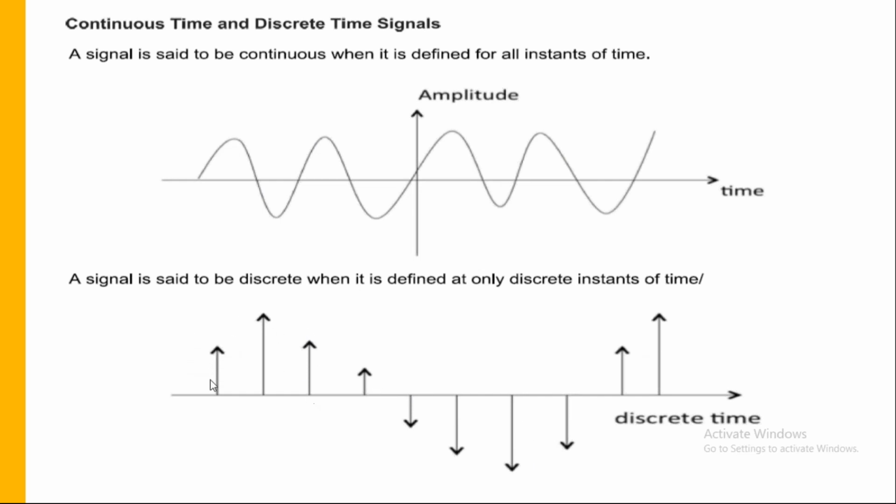Then for this signal, which we call a discrete signal, the power required to transmit this information over a channel is very less when compared with this. That is the advantage of using this discrete time signal. As you know, for analog systems the power that is required is very high, whereas for discrete signals the requirement for power is very less.